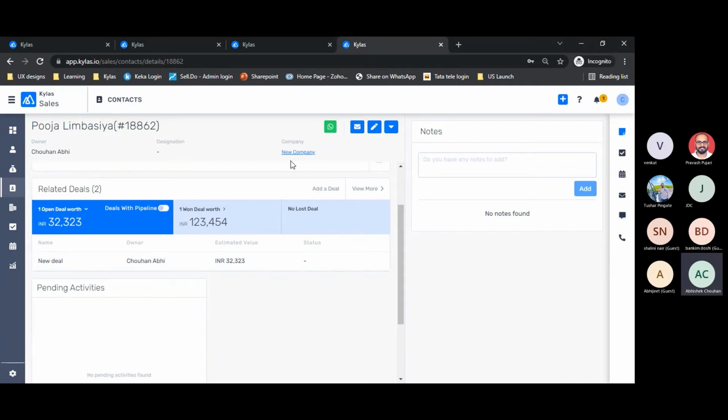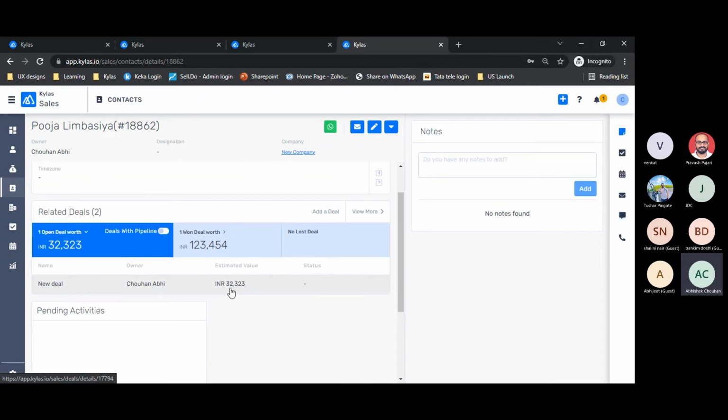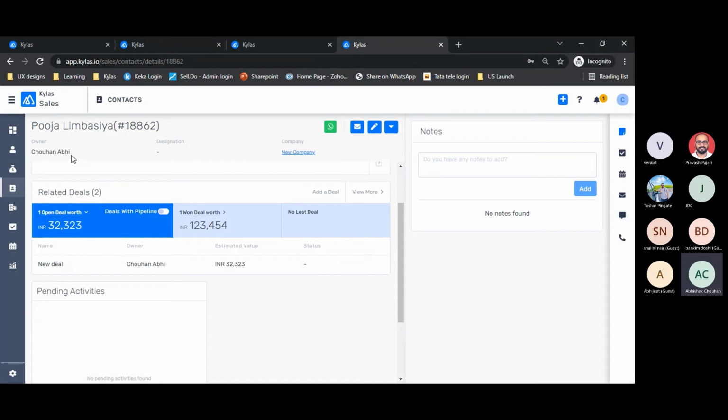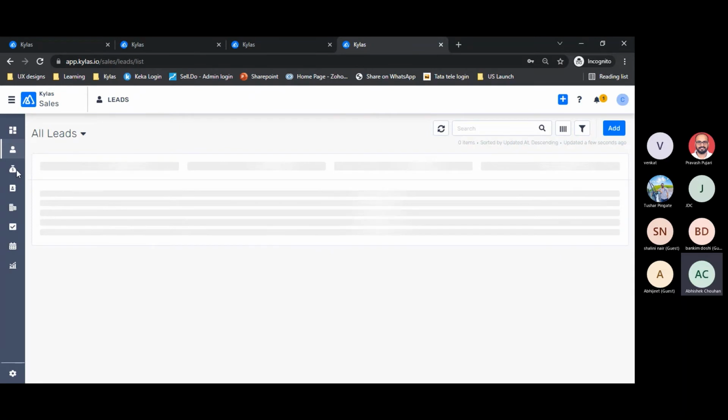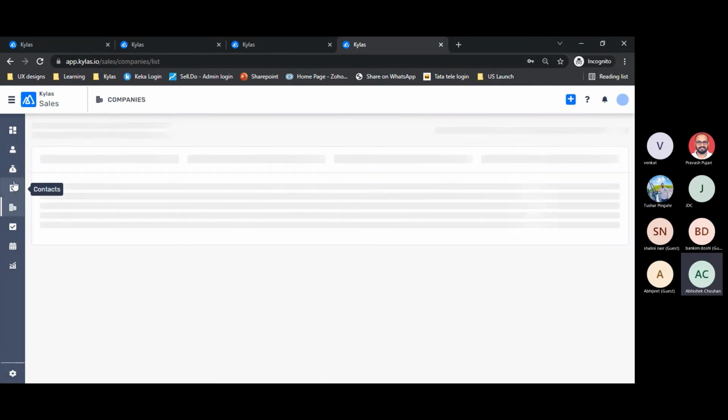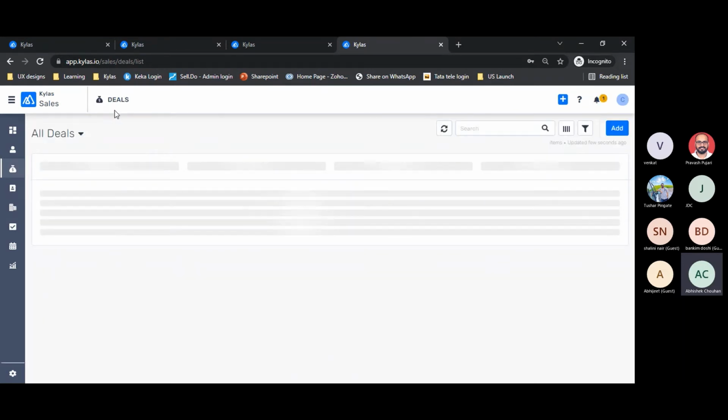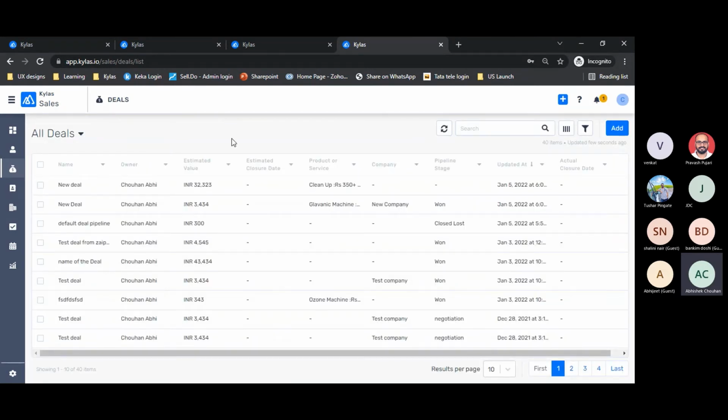So on this particular screen, I can have visibility of the business that this person has given me or the sales that are going on, right? So this is the whole concept of lead conversion. And once I convert, I can create deals, contact, and company at a time. And then in between, I can associate the deal pipeline with the deal that I am going to convert, right? I hope this answers your question, Venkat.